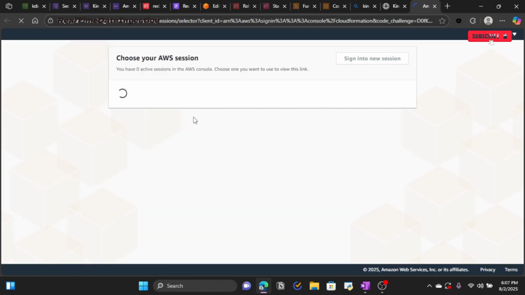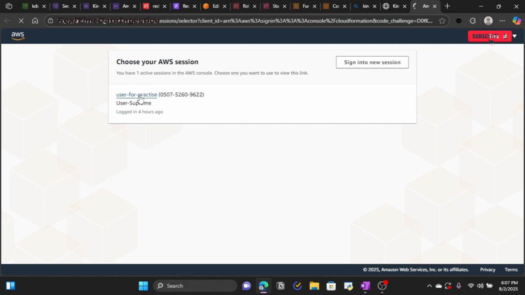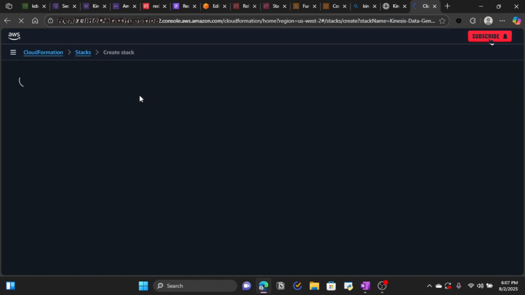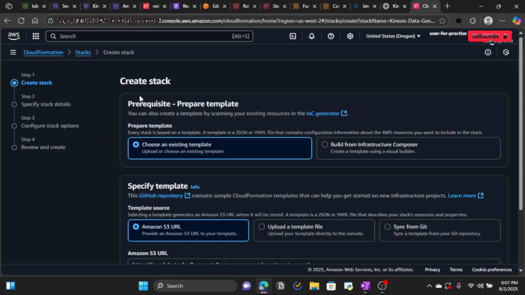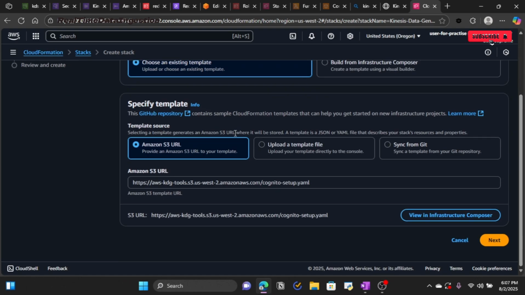Just click and it will redirect you to your CloudFormation. So we are in our CloudFormation, as you can see, and it is already creating the stack. You don't have to do anything. Click next